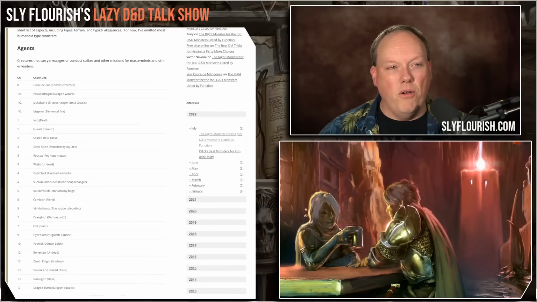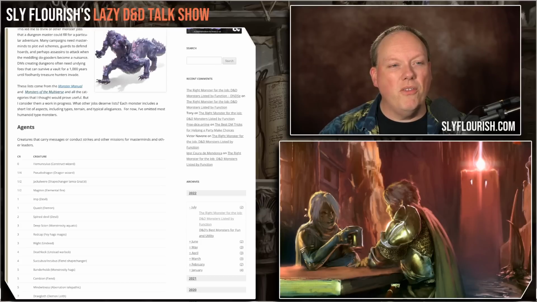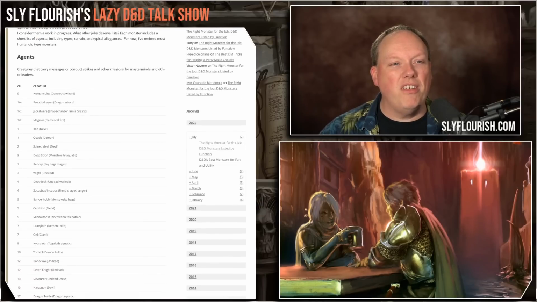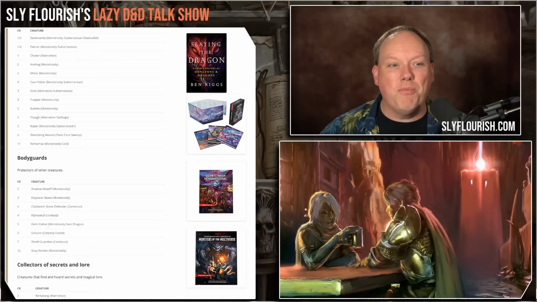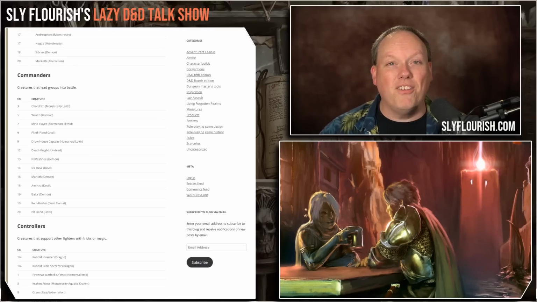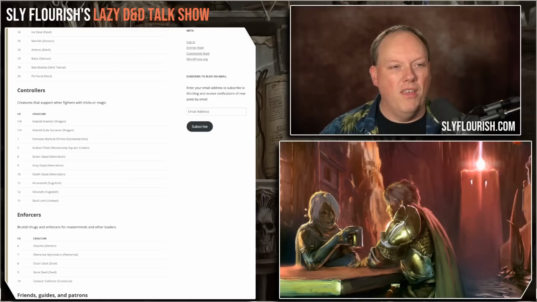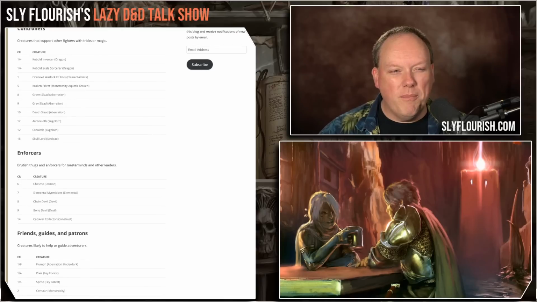What David did is he wrote out a list of the different types of monsters. His list comes from the Monster Manual and Monsters of the Multiverse, and he broke them down into agents, creatures that deliver messages for people, ambushers, ones that will surprise you, bodyguards, protectors of others, collectors of secrets and lore, different creatures that kind of grab things, commanders, ones that will command other groups, controllers, ones that sort of control the environment, enforcers, not exactly sure what the difference is between an enforcer and a bodyguard, but enforcers, monsters that'll go and hit you really hard,